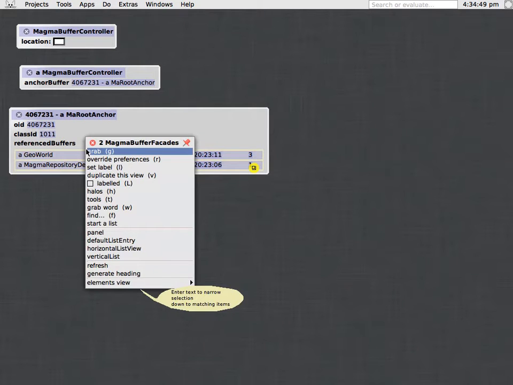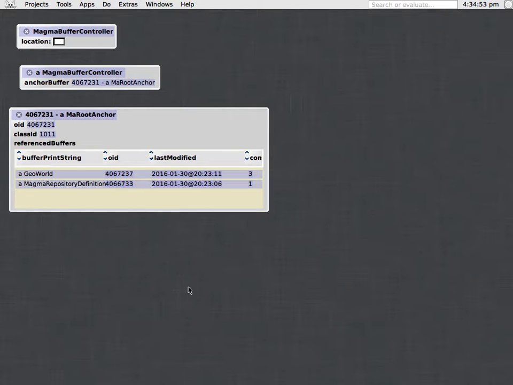So then I'm going to press escape to open up the menu and say generate heading. I've decided that Maui should do this automatically, so I'm going to change Maui to do that, but for now you have to click it off the menu. So these are the columns in these buffers. So this is a nice little panel,